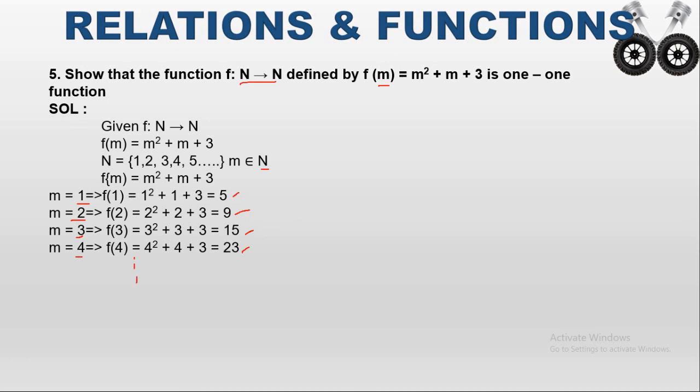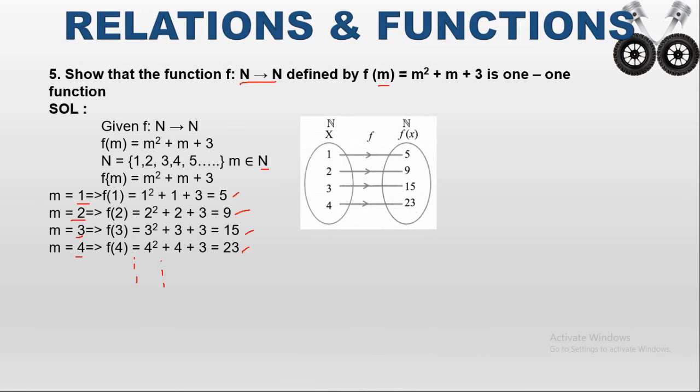It continues. I want to find whether the given function is a 1-to-1 function. For that I can use the arrow diagram. It is very easy to find whether the function is 1-to-1 or not. So first I will write N as 1, 2, 3, 4, 5. Then f of x, what is f of x? If x is 1, then f of x is 5. So 1 is mapped to 5.